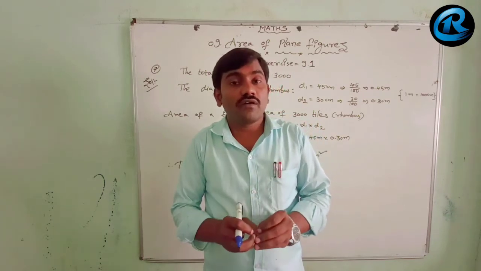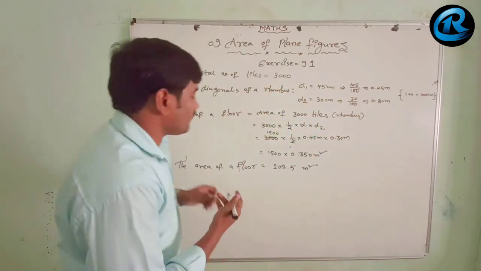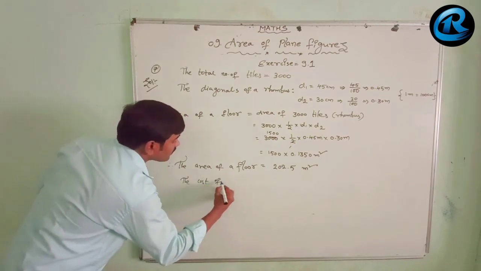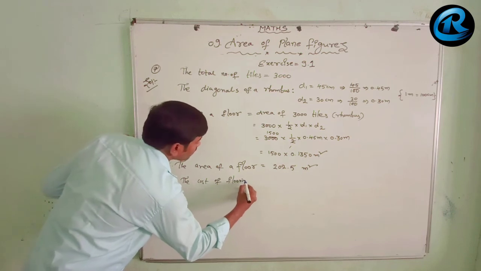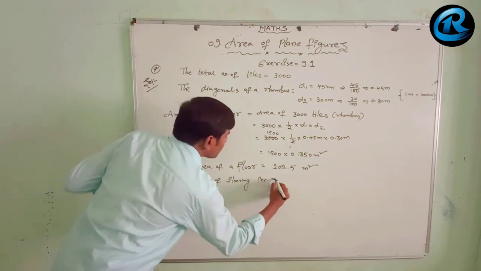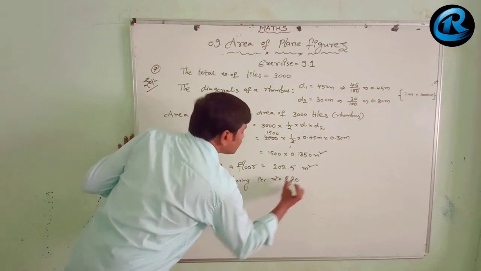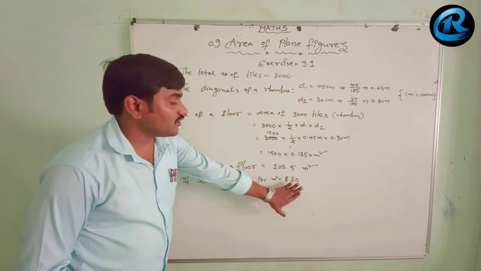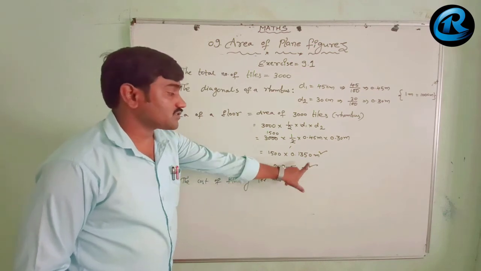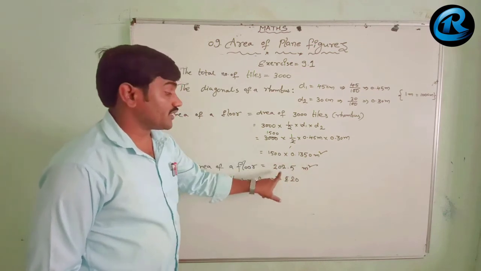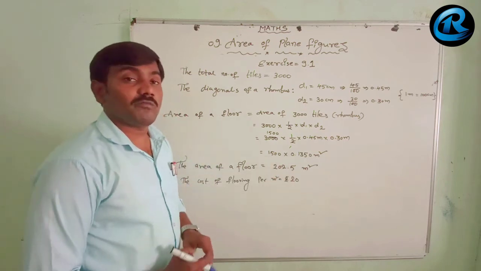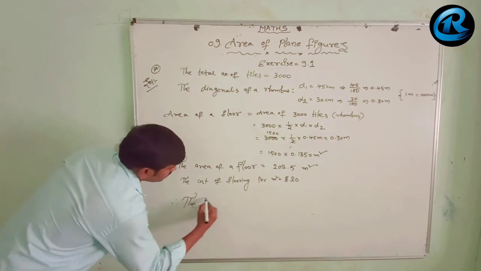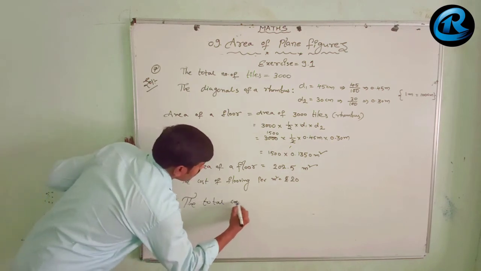The cost of flooring per meter square is equal to rupees 20. అంటే ఒక్కొక్క మీటర్ స్క్వేర్ కు 20 రూపీస్ చార్జ్ చేస్తున్నాడు. ఇక్కడ ఎన్ని మీటర్ స్క్వేర్స్ ఉన్నాయి? 202.5 మీటర్ స్క్వేర్స్. సో ద టోటల్ కాస్ట్ ఆఫ్ ఫ్లోరింగ్ నౌ therefore the total cost of